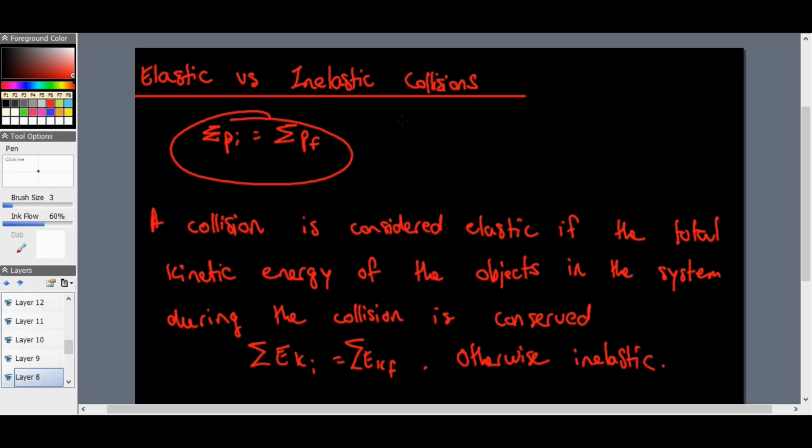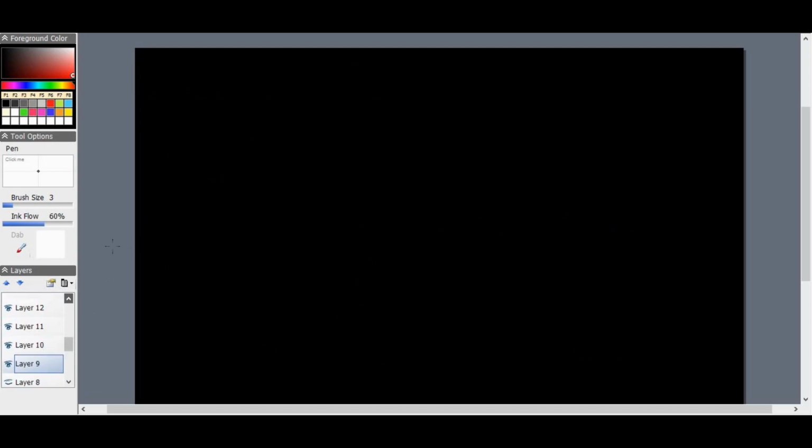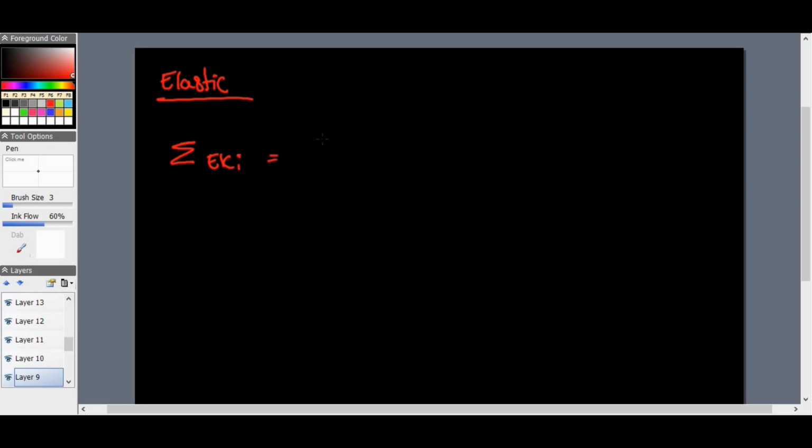So basically, here is what would happen in an elastic collision and how that formula would look. If we isolate elastic here quickly, we obviously have total EK initial must equal total EK final. So that will be half m1 vi1 squared plus half the mass of the second object times the initial velocity of the second object squared,